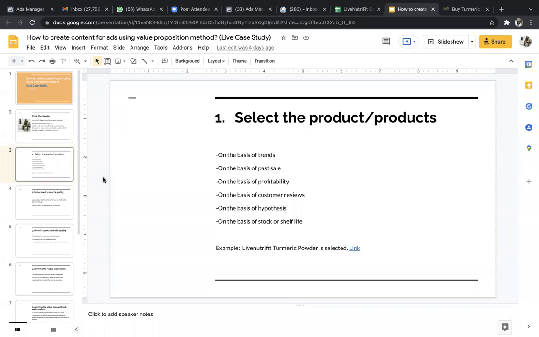Even on the basis of customer reviews, you can choose a product. You can even have your own hypothesis. Maybe you are launching a new brand or a new product range, then you can have a hypothesis done. This can also be on the basis of stock or shelf life. Sometimes some products don't get that attention from the marketer's side, so you can have specific content created for such products. So that's how you plan the product.